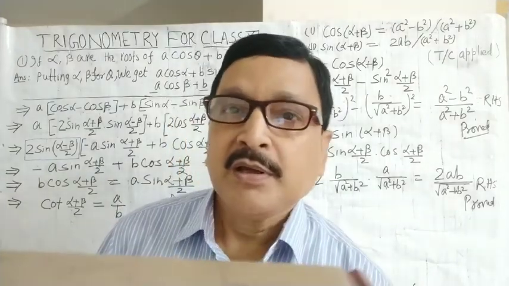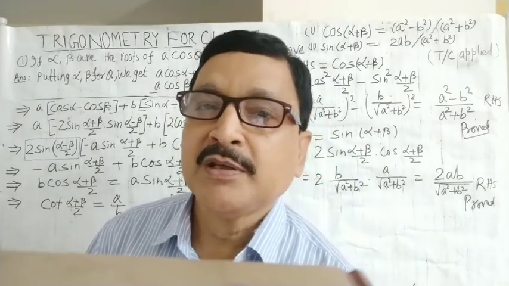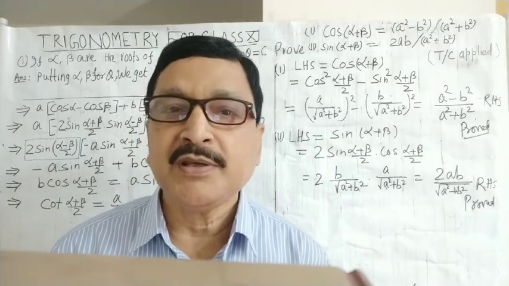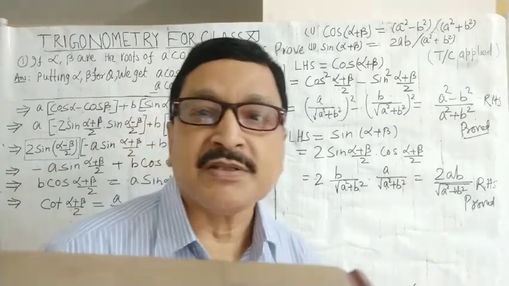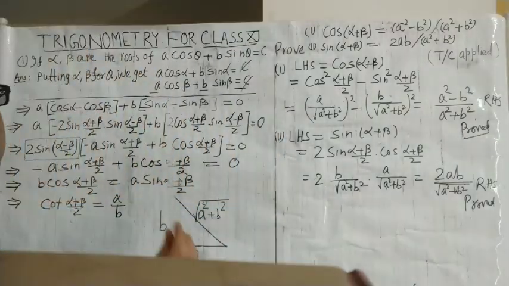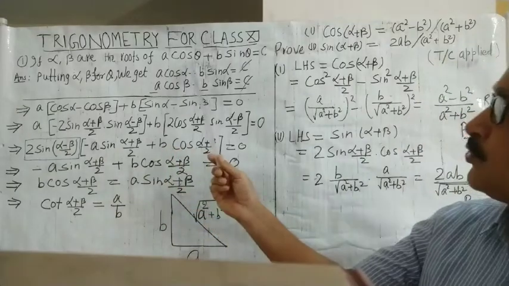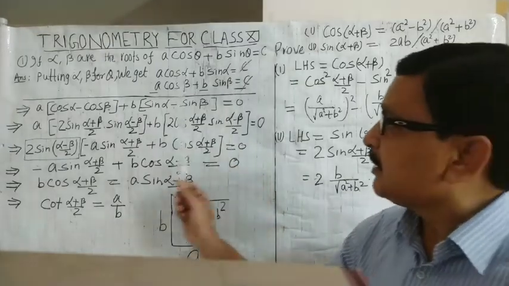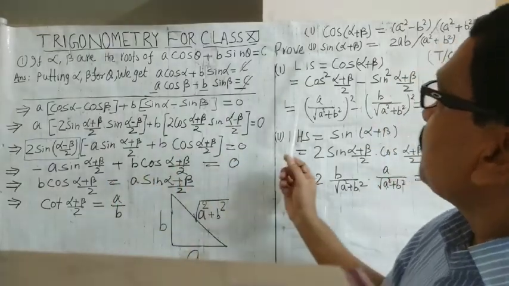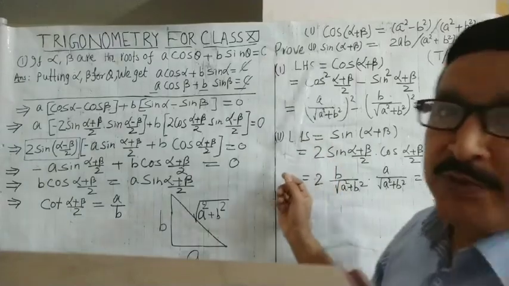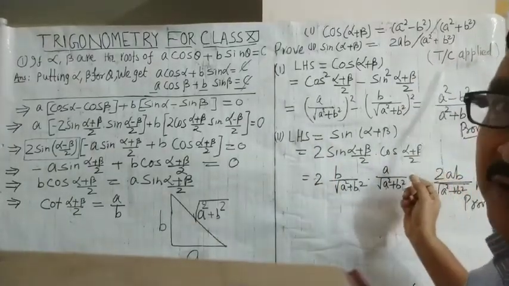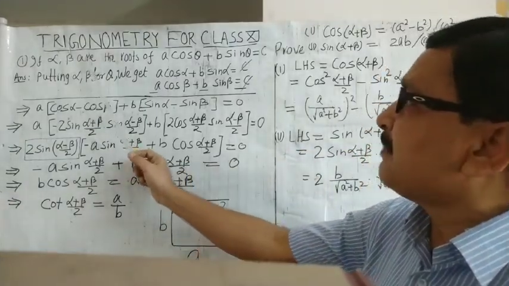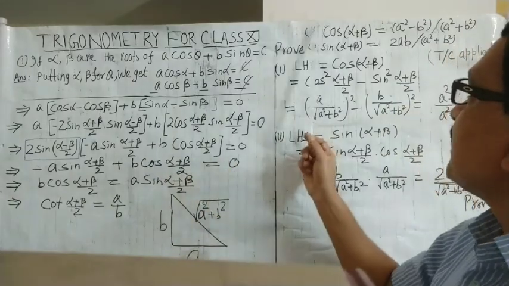This is the second last exercise. Within a week, or you can say within 10 days, the trigonometry will be over. So just see, this is a very important problem, written already. Alpha, beta are the roots of this equation, A cos theta plus B sin theta is equal to C, and prove that first and second. Two things are to be proved. There may be certain conditions given, but this is the question.